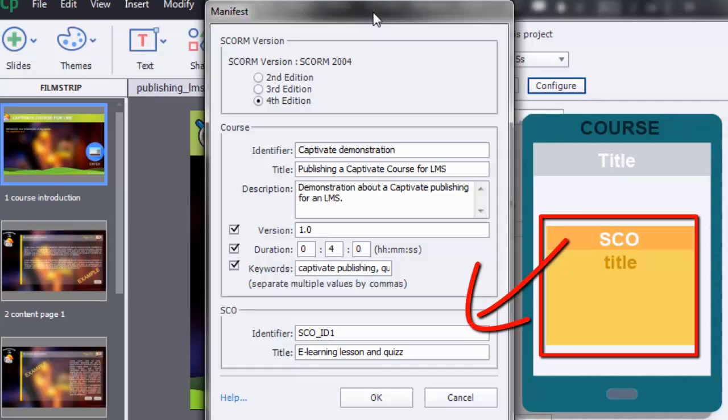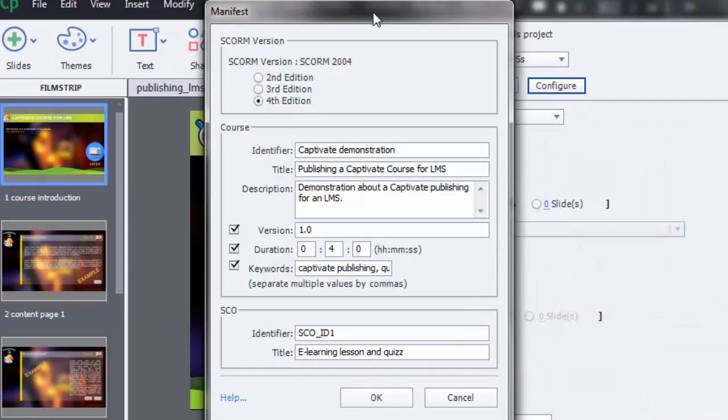Let's see the form of the course section. The first field is Identifier. This field is used by the LMS to identify the manifest. A default identifier, based on the name of your Captivate project, is automatically entered by default. But you can change it. It's what I've done. Nevertheless, notice that this name won't appear in a learning management system to the trainer or trainee. It's just a variable that identifies the course within the manifest.